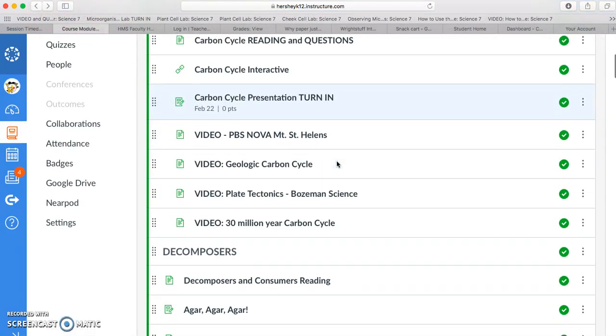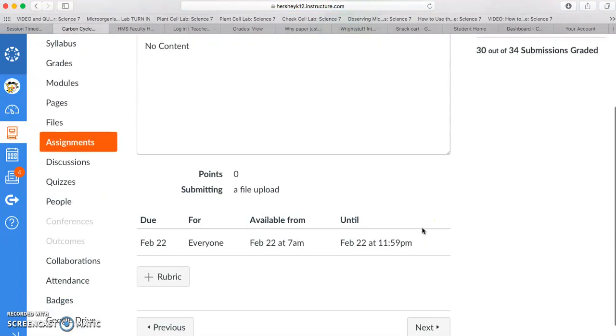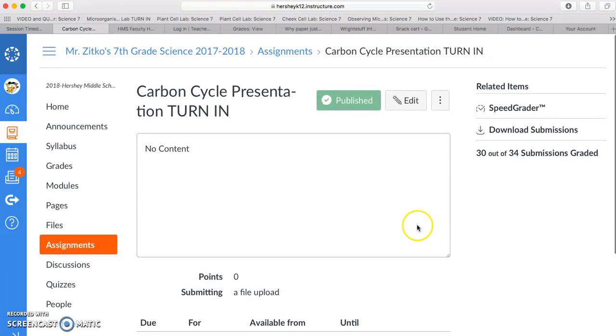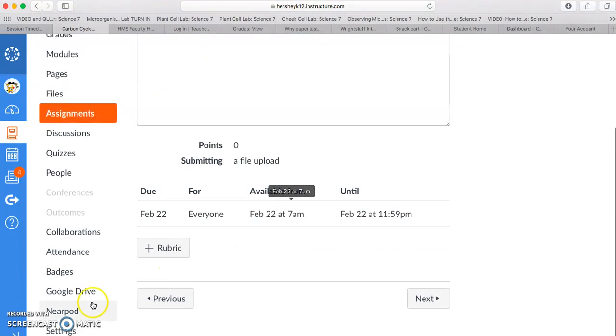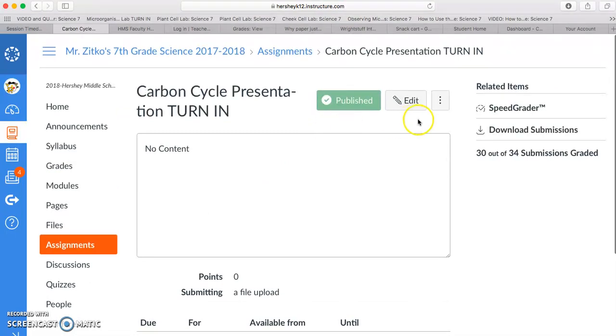Okay. I mentioned a turn-in page. So here they had to take a carbon cycle presentation and turn it in. I believe most of them did it in Google Slides, and Canvas is connected directly to my Google Drive and their Google Drive, so it's very easy for them to do. From here I can do a couple things. I can download all their submissions if I need an artifact or some evidence, or I need to work offline. I can also go into SpeedGrader